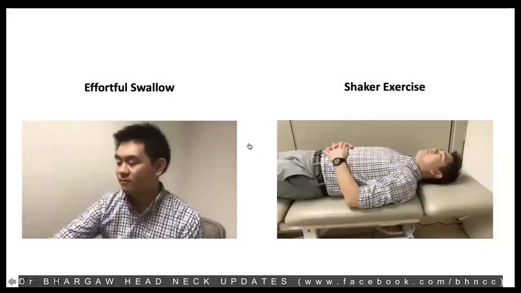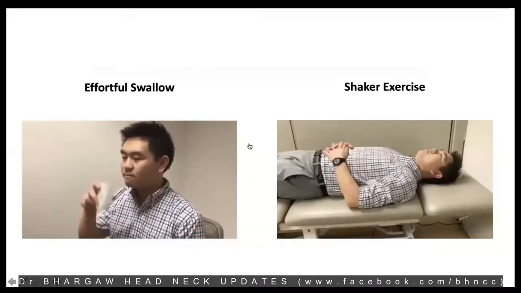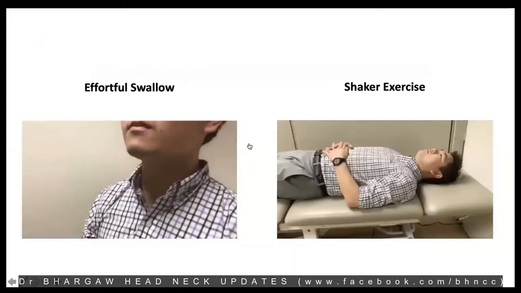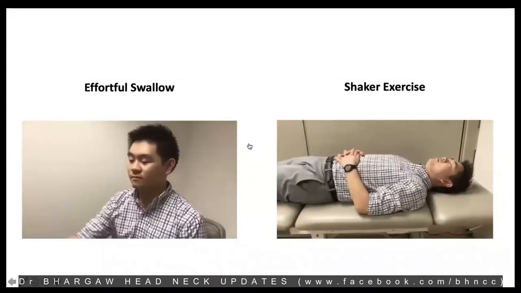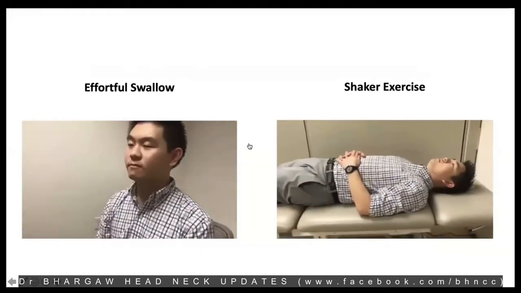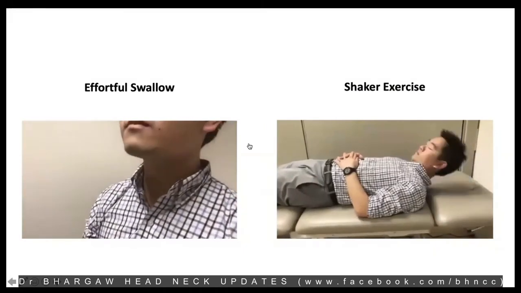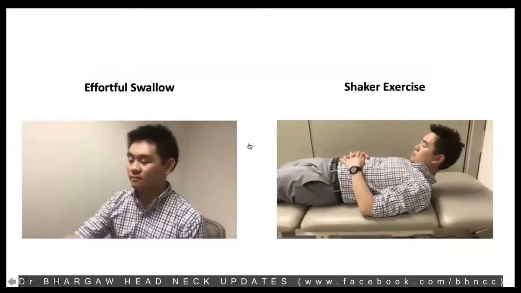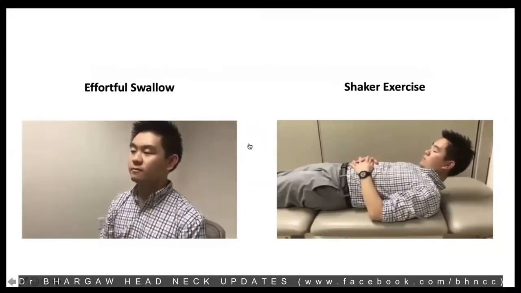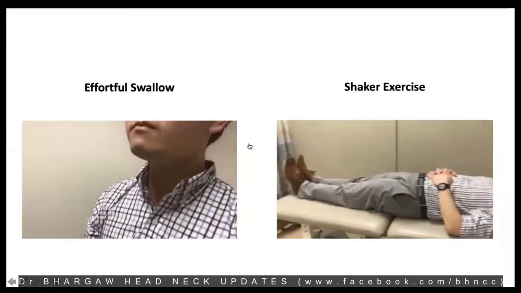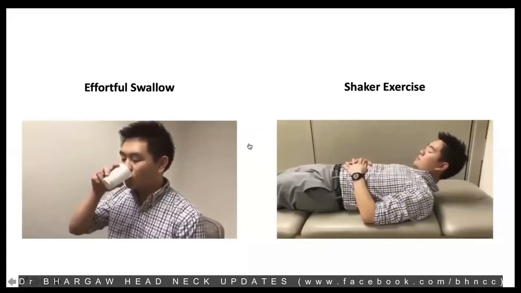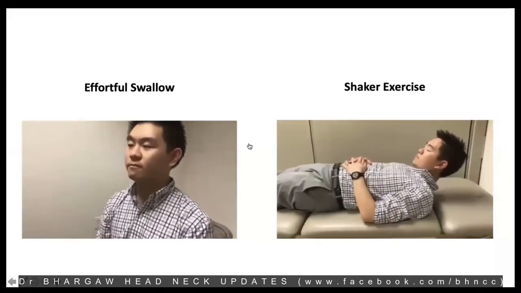For tonsil, a lateral oropharyngeal wall, I told you that part of the tonsillar wall, or the lateral oropharyngeal wall, would not move. Hence, we need to use a form of compensatory, rehabilitative exercise by strengthening the rest of the constrictor muscles. One way of doing that is the effortful swallow, where you keep the food bolus in your mouth and really try to squeeze that bolus down, using all your energy and focus just to push that bolus down by using the rest of the muscles.